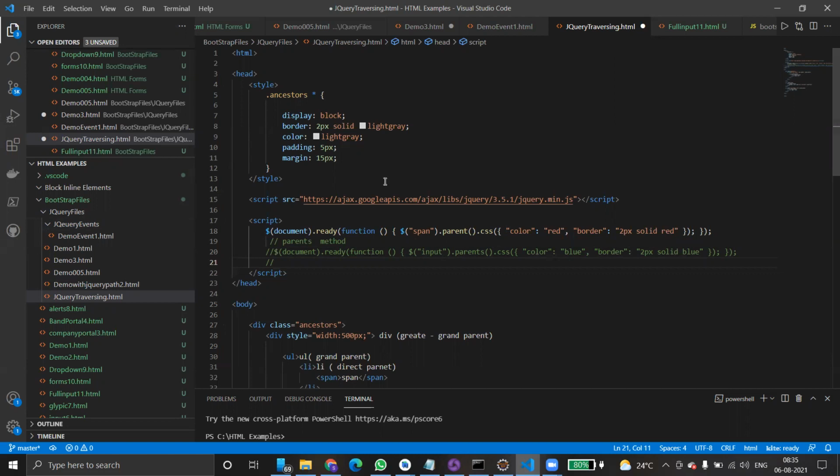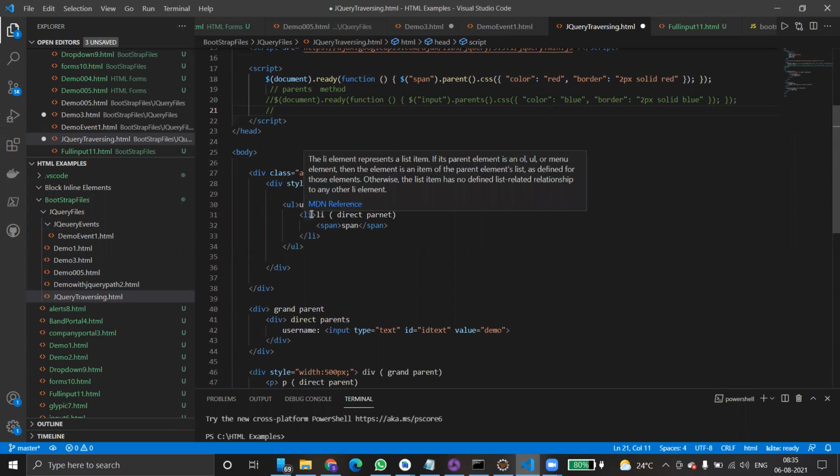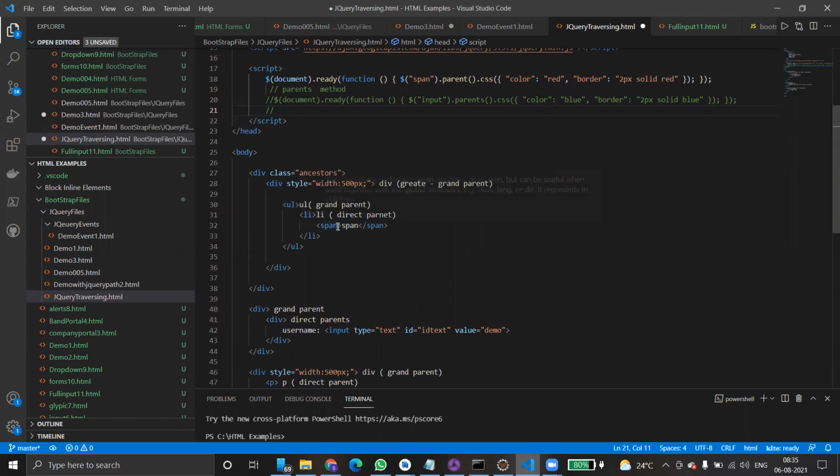Who is the ancestor? Can you tell me who is the ancestor? Look here. We have a division, another division, an ordered list, a list item, and a span. The span's immediate parent is the list item. The span's grandparent is the ordered list. The span's great grandparent is the division, which is also called an ancestor.